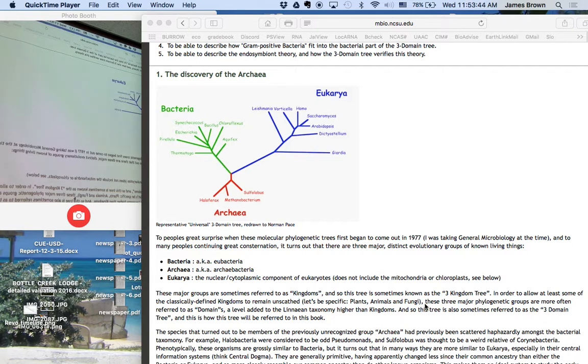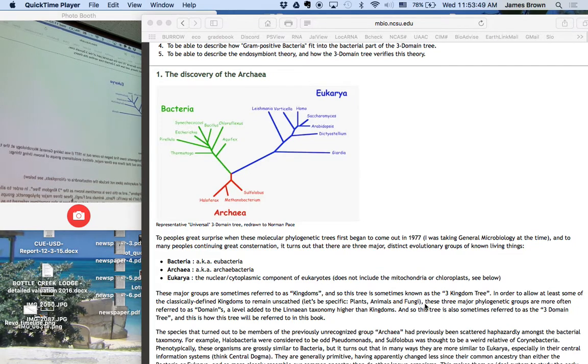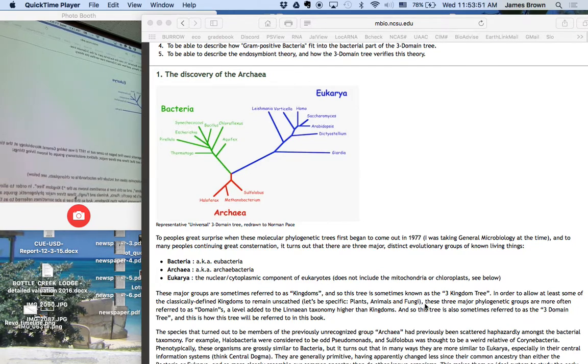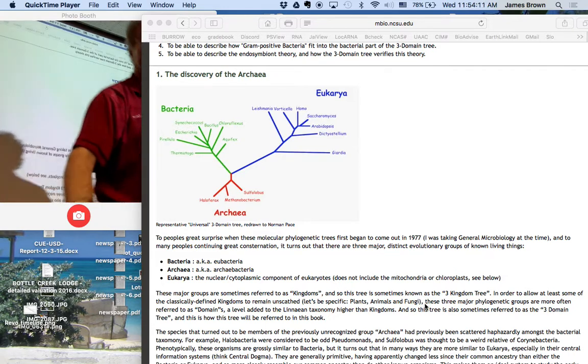These organisms, the root of this tree is somewhere in here. We'll talk about that later. The eukarya are essentially as ancient a group of organisms as either the bacteria or archaea. So stop thinking of eukaryotes as some modern advance on these other organisms. That's not the case. They have their own emergence at about the same time as the archaea and the bacteria.